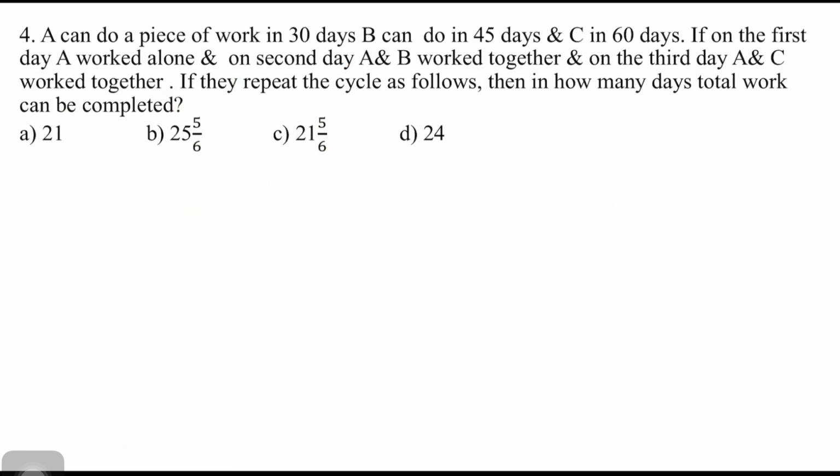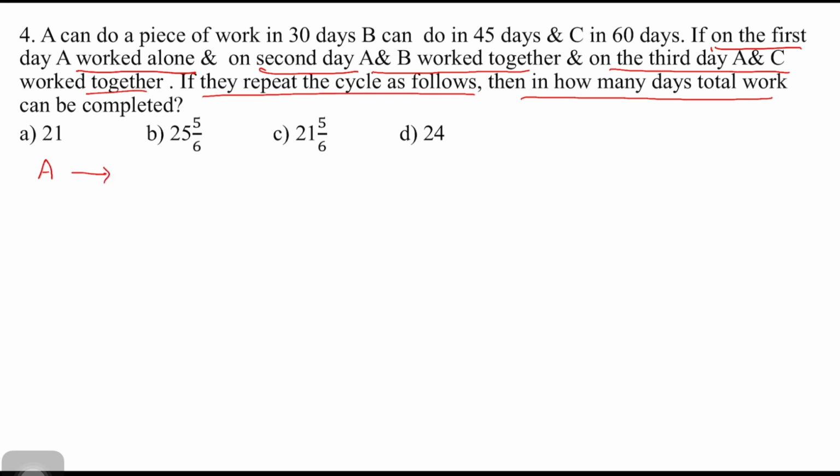A can do a piece of work in 30 days, B can do in 45 days and C in 60 days. If on the first day A worked alone, and on the second day A and B worked together, and on the third day A and C worked together. If they repeat the cycle as follows, then in how many days the total work will be completed? Now first we'll see the